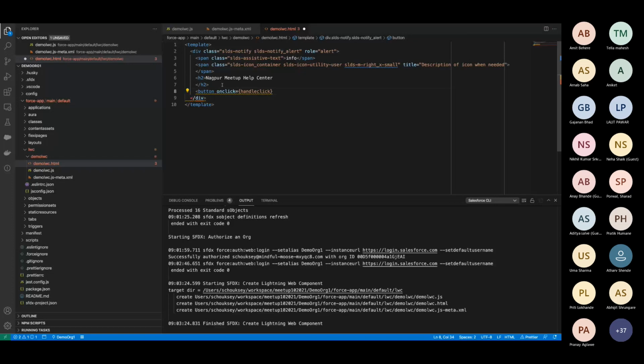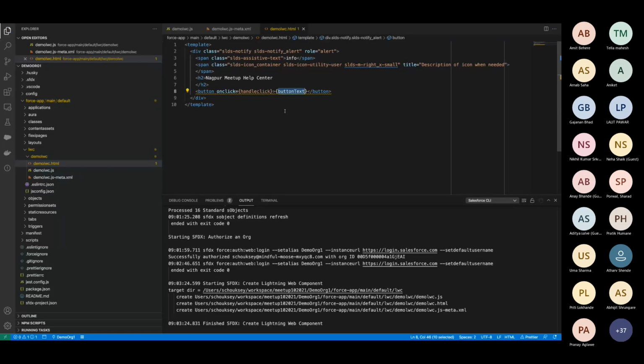Then I will close this tag, and we will have the text. So we just created one button where we will pass the label dynamically, and on click of that button, we will show some alert. I will save it here.